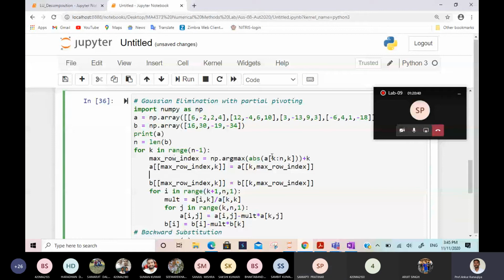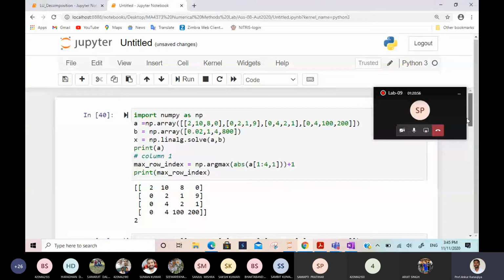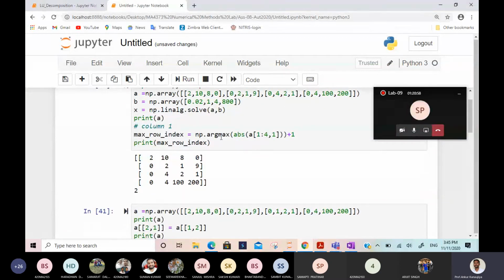Now here you have to find the overall maximum. So I will go back to the original matrix and deal with the maximum. Okay, so now tell me how to find the overall maximum here. What to write here so that it will give the overall maximum?